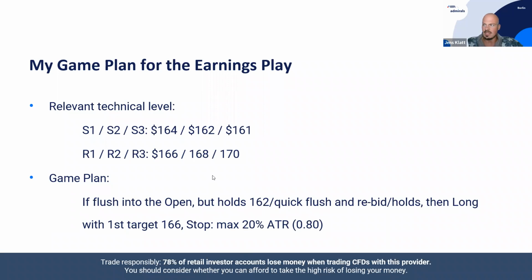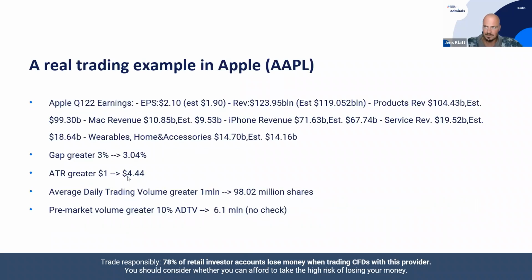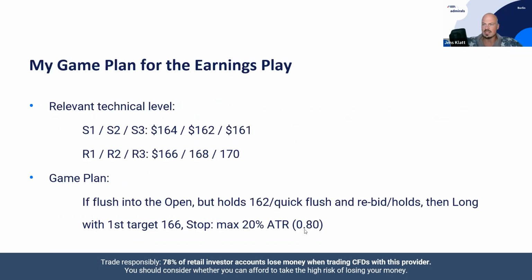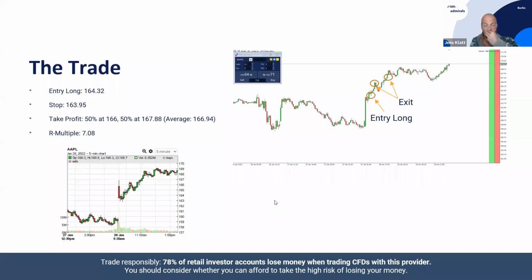So if the ATR, as you've seen here before, is $4.44, well, your risk is somewhere between a maximum of 80 cents to 90 cents in this case. So this is the max loss I'm willing to take. And based on that, I'm also calculating my position size. And that's in fact it. And so in the next slide, you can already see here